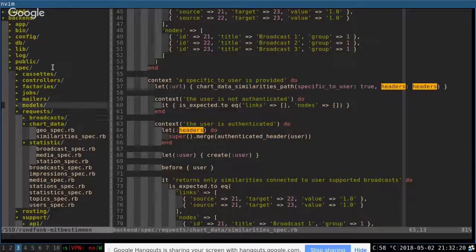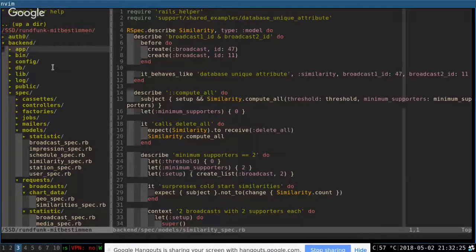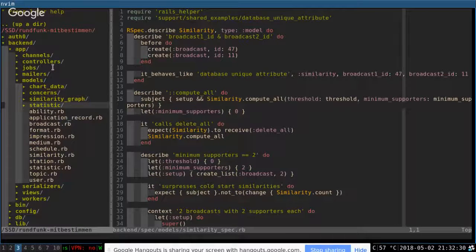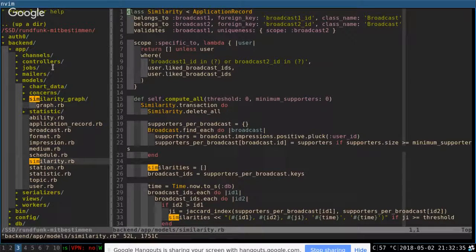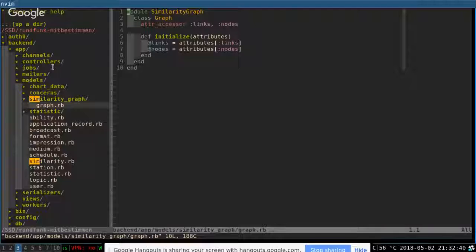For some reason I don't see it in the graph. Yeah, I see it. Okay, there we go.